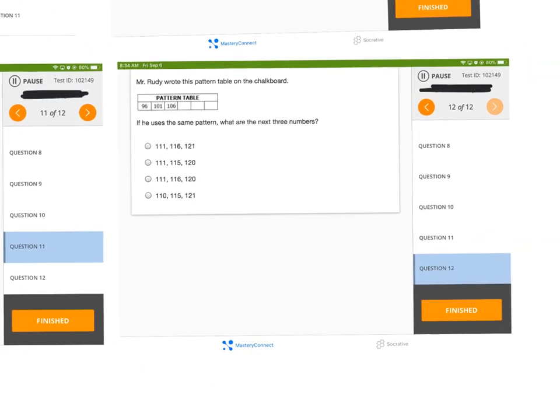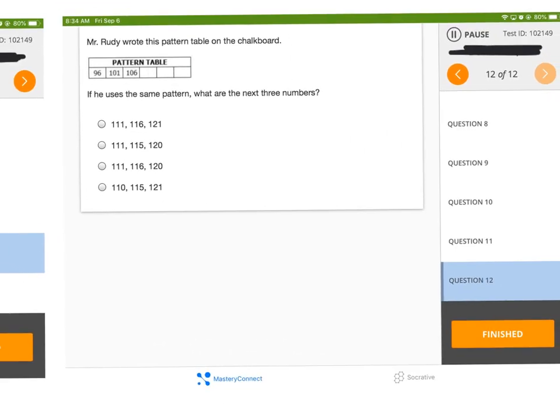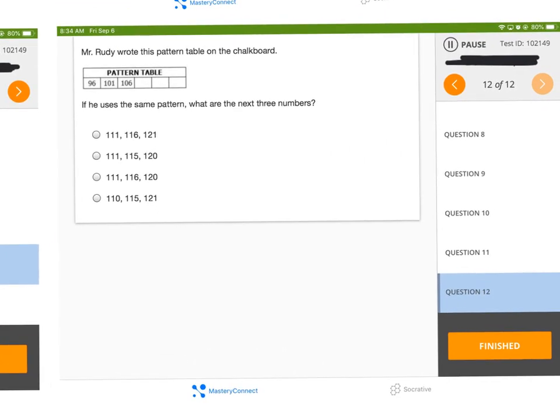Alrighty, last question is one more pattern table. And again, the numbers are getting larger, so I need to ask myself, what are they adding every time? I can figure that out by subtracting the ones that are there. That would be 5. So I can check that by saying, is 101 plus 5 106? And it is. So that tells me that the rule is going to be plus 5 every time. So if I say 106 plus 5,